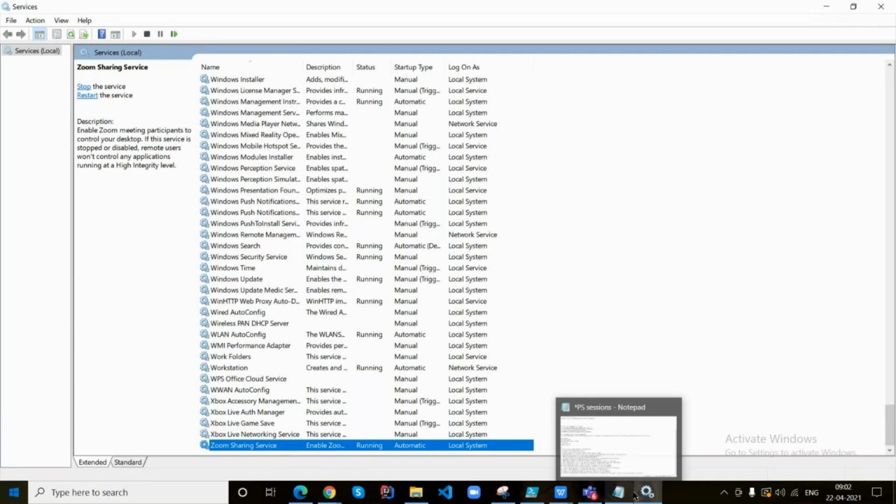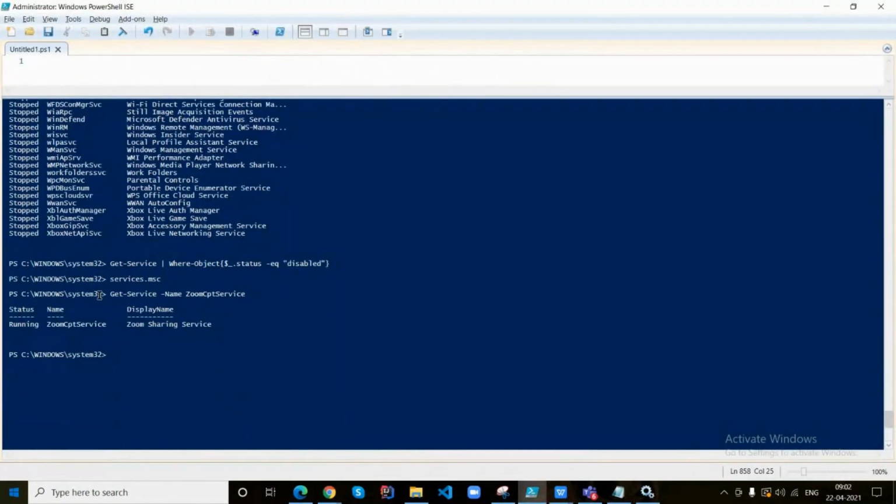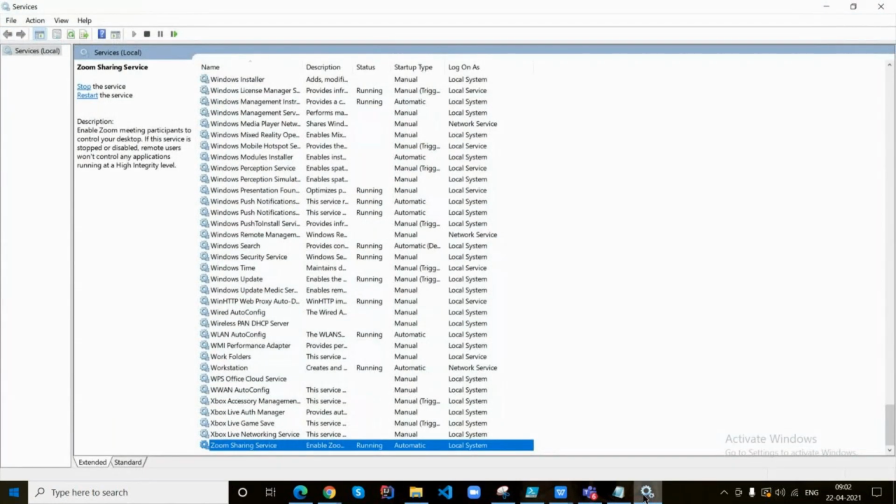Display name is the Name parameter actually, but the service name is different.